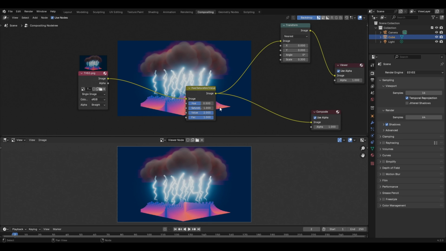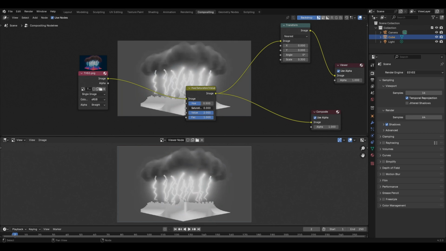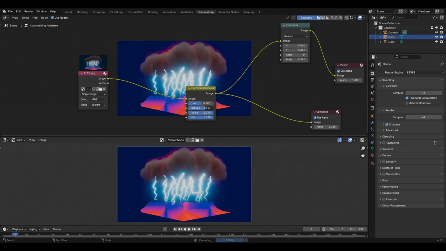Now the next parameter that we have is the saturation, and this one will control how colorful our image looks. So if I reduce the saturation to 0, then in this case there will be no colors in the image, and it looks like a black and white image. However, if I begin to increase this value, you'll start to notice some colors in the image, and if I take it to the maximum value of 2, then in this case the image becomes very much colorful.